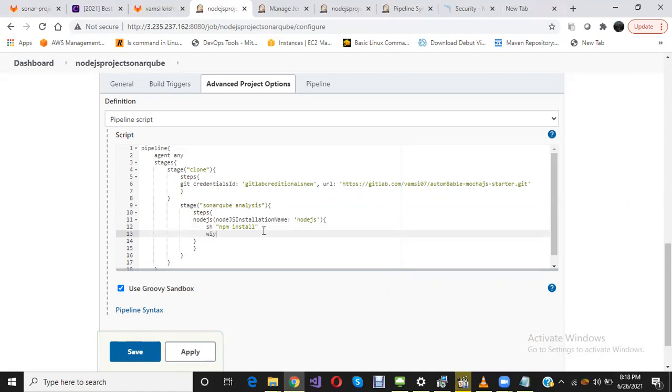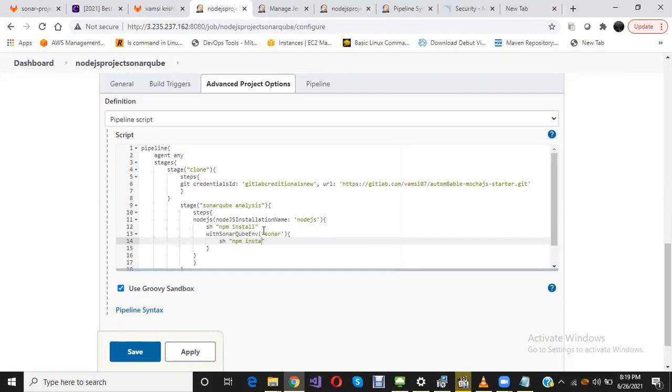So I will add withSonarQubeEnv, with capital and small letters, and in single quotes the name we have given for Sonar. Then with sh, here we need to run npm install sonar-scanner.